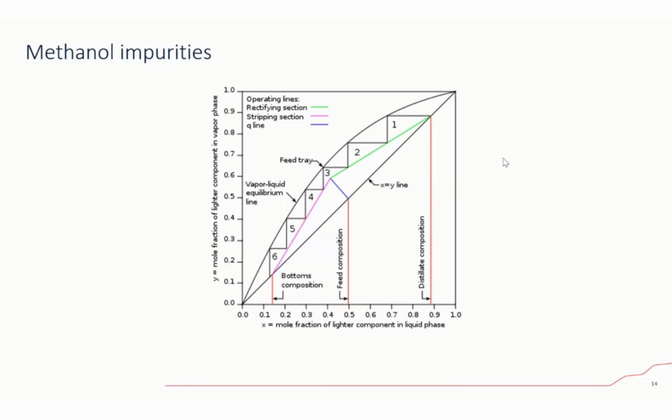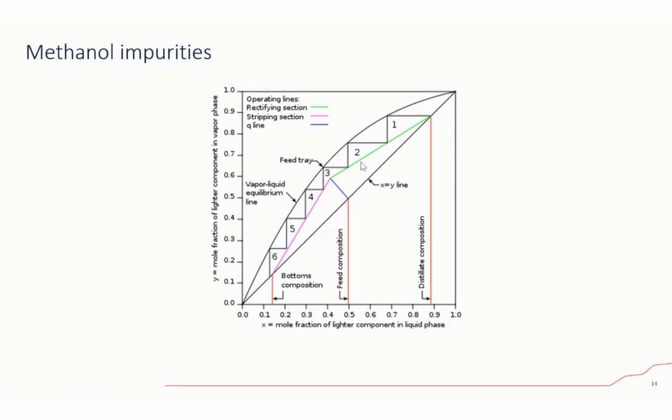So this is a very simplified approach, what I'm showing here, but basically what we're saying is that for any distillation column, this is for all of you who are chemical engineers, you will remember this is the famous McCabe-Thiele method of calculating trays in a column, or of calculating composition if you have a given number of trays. So here what we can see is the following. If this is your equilibrium line, and your green line and your purple line are your operation lines for the stripping section and for the